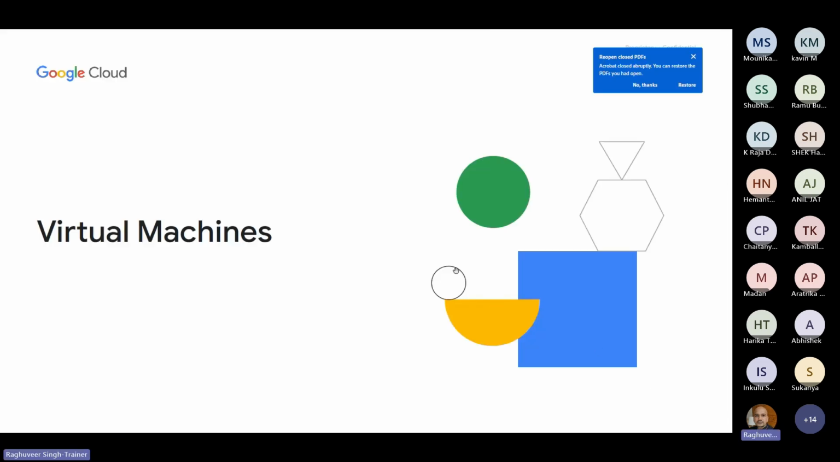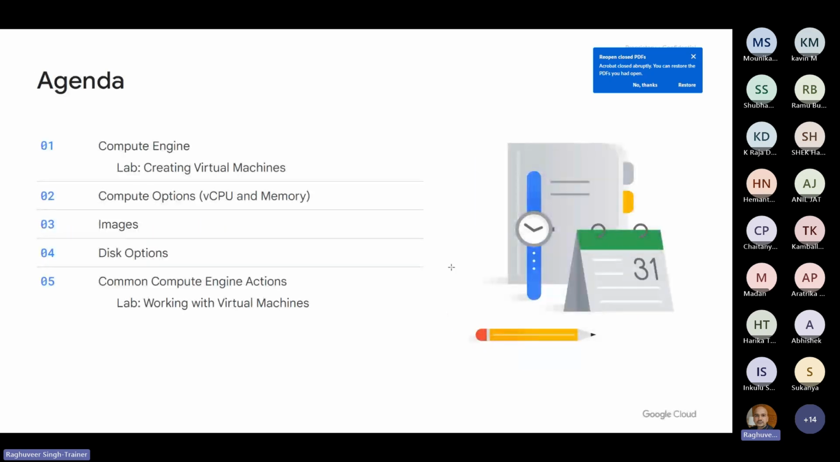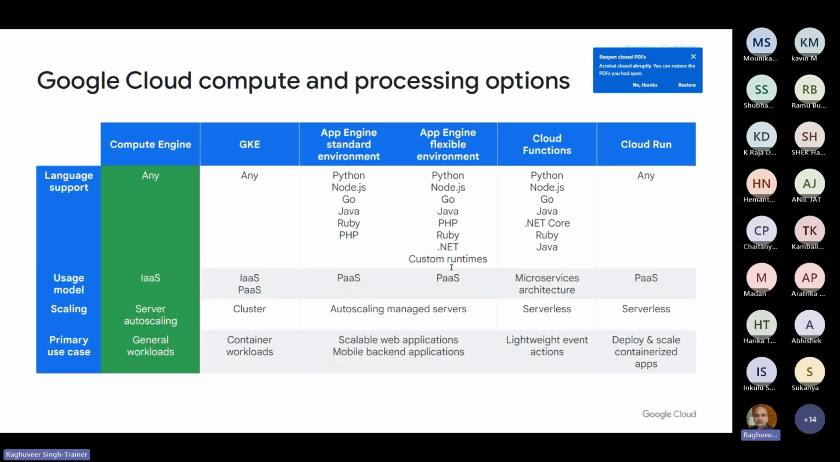I'll just take 2 minutes, probably 5 minutes to cover this part. This slide I would like to cover, and then we will directly get into the provisioning part because that's where we left the session. So when it comes to the compute services in Google Cloud, these are the options that we have. We have a popular service, which is most widely used, 90% of the customers use, which